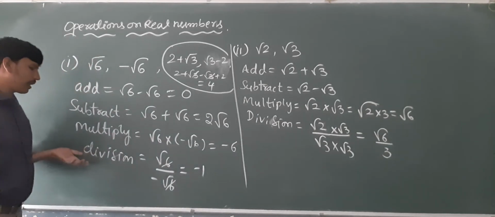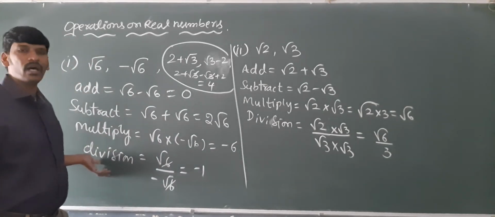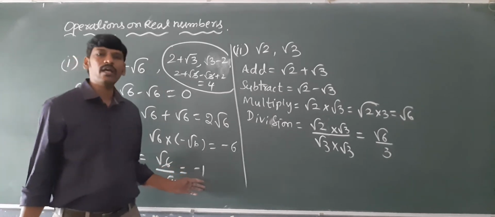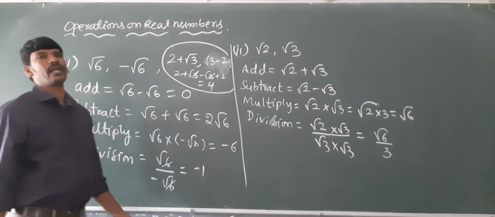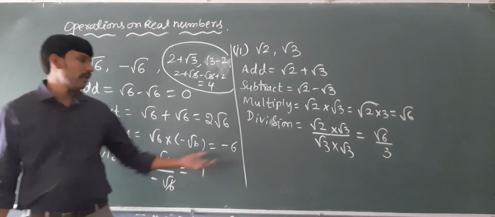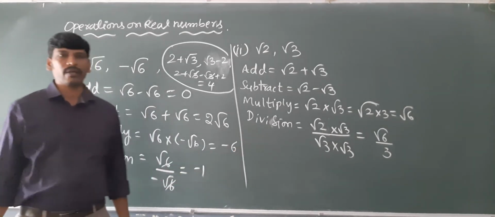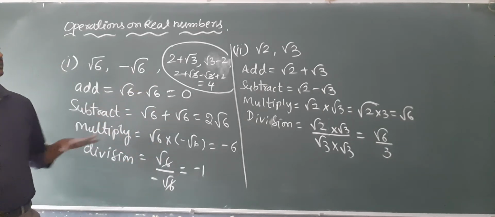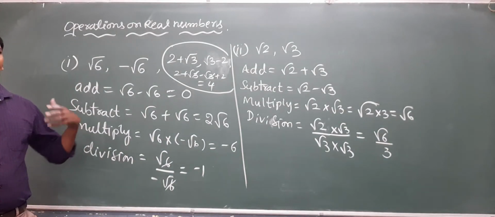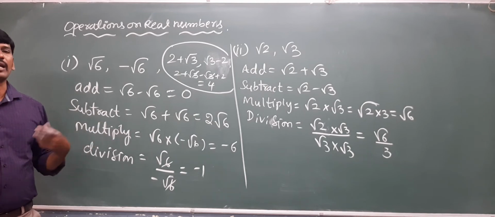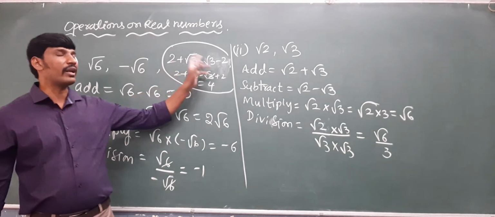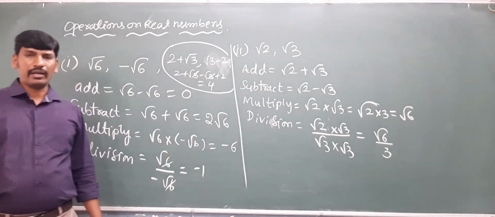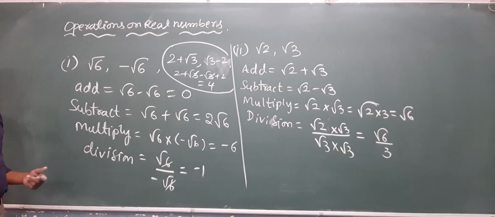Clear? So now coming to division, when we divide two irrational numbers, it may be a rational number or it may be an irrational number. We cannot say every time we get a rational number, and we cannot say every time we get an irrational number. So keep it in mind, these are the examples to show that when we add or subtract or multiply or divide, we may or may not get a rational or irrational number, depending on the situation and the given irrational numbers. This is clear, my dears? So based on this, we will have some examples we are going to discuss now.